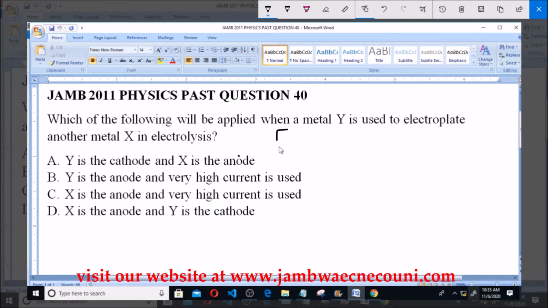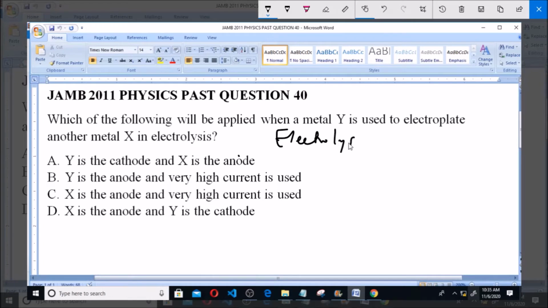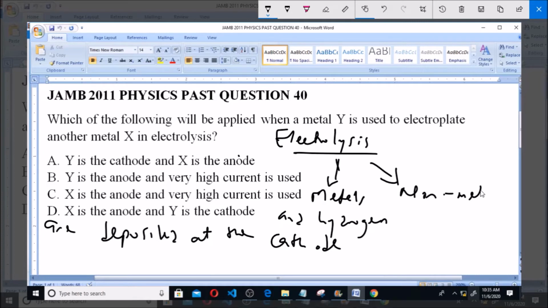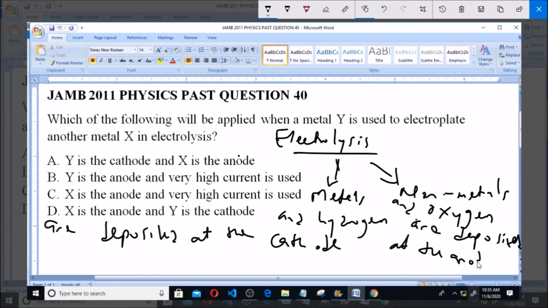Now, there is a particular phenomenon that occurs during electrolysis: metals and hydrogen are deposited at the cathode. Meanwhile, non-metals and oxygen are deposited at the anode. Okay, so this then means that for this scenario that is given to us, since Y is